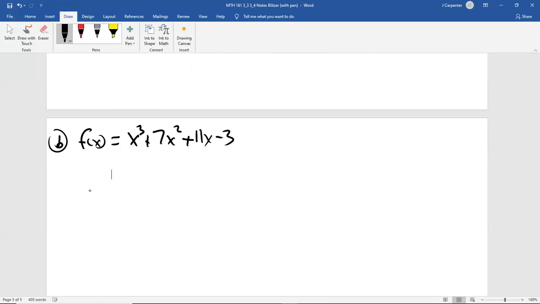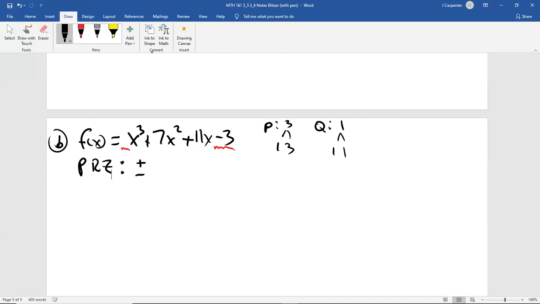So first, we need a list of some possible numbers. So we need to list out the leading coefficient factors, the constant factors, and take the ratio of those two things in the proper order. So the P, again, this is the factors of the constant, which is 3. Well, it's just 1 times 3. It's the only option. The Q, this is the possible factors of the leading coefficient, which is 1. Well, that's just 1 times 1 again. I was mentioning earlier, in terms of testing, if I want the zeros, this is what I do. I'm not going to give you a 2x cubed or a 5x cubed or a 10x cubed. I'm going to avoid those fractions as possible rational zeros. So our possible rational zeros